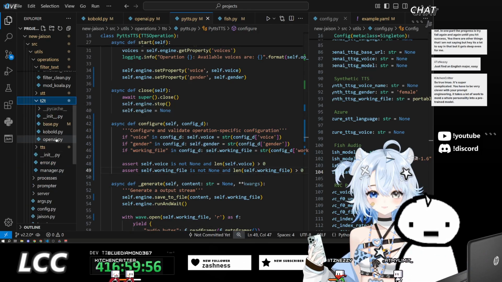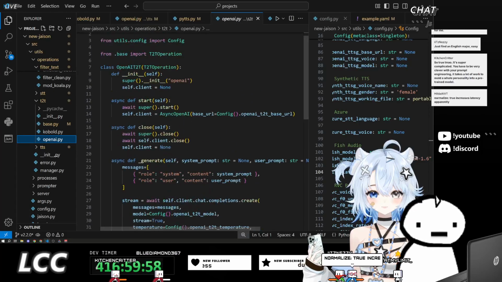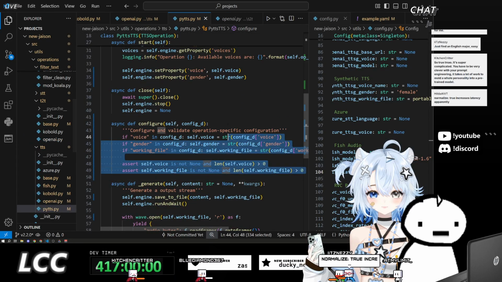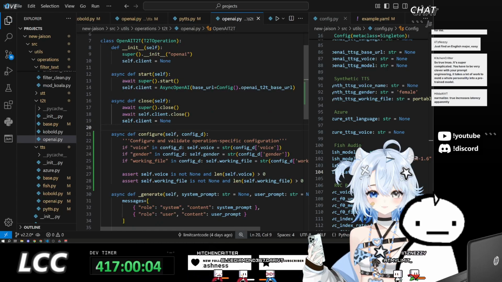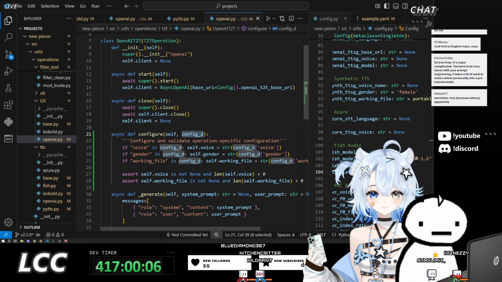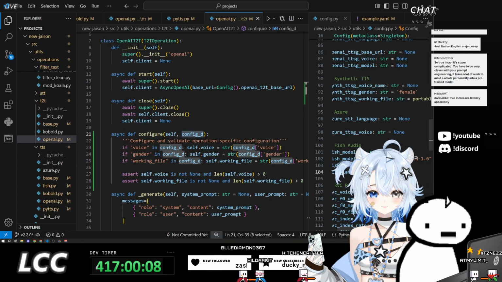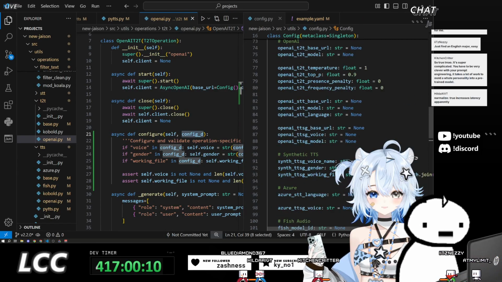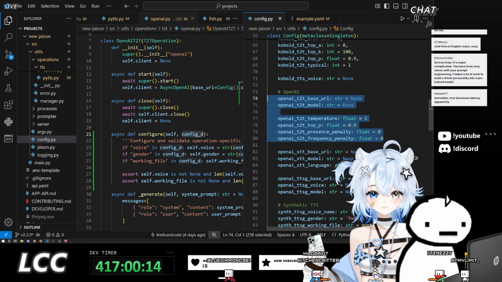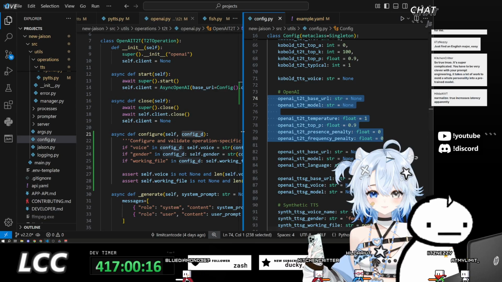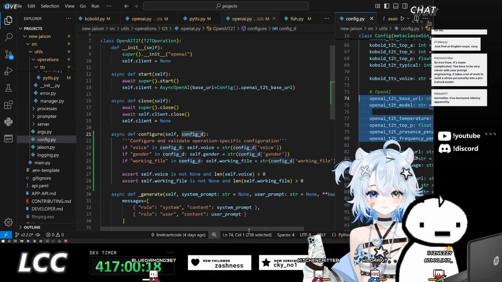Let's come over to text-to-text. We only have 2 over here. That's chill. Configure. What do we have for text-to-text OpenAI? Okay, we have these 6 options.